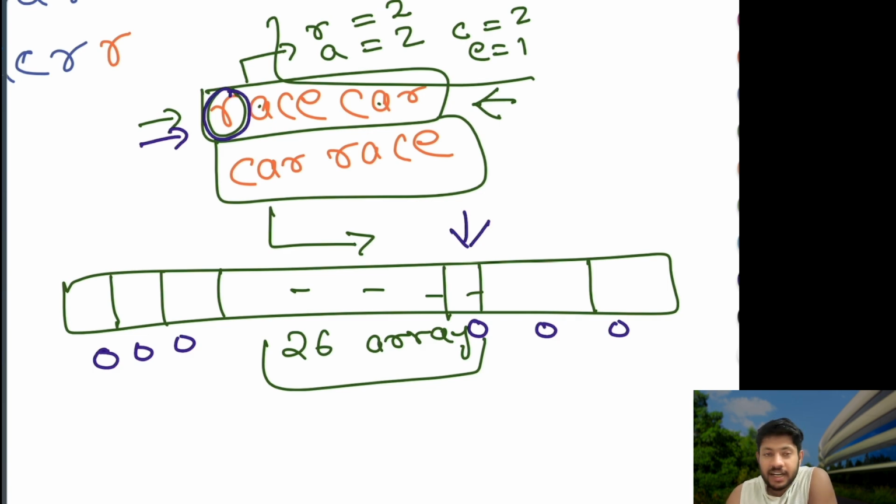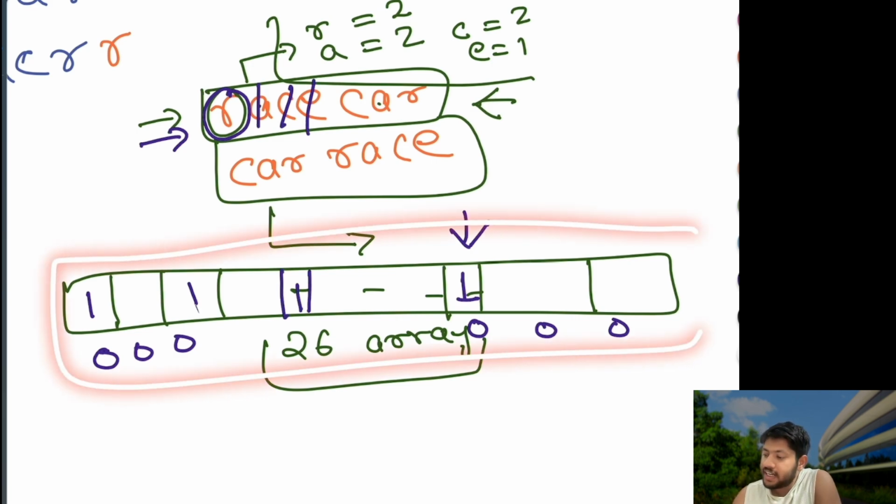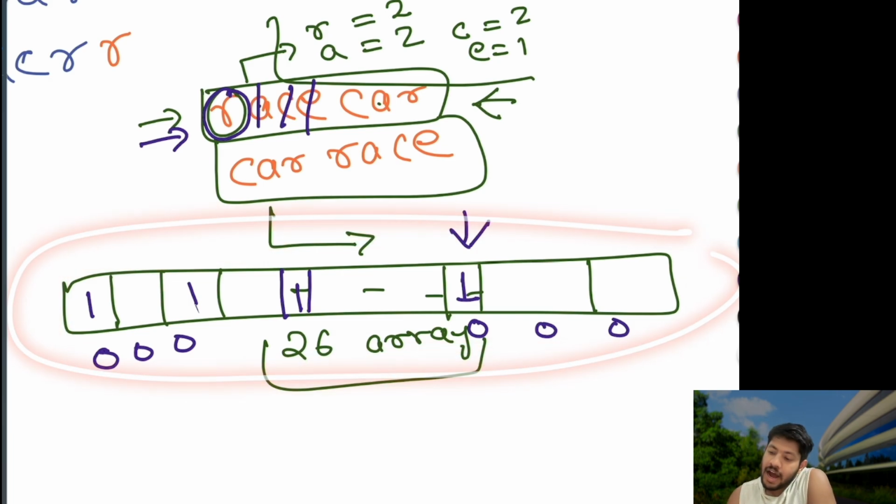So let us say for the R index, for the index which is representing R, I'm going to say it is 1 now. Then it is A, so we should have 1A. Then it is C, we should have 1C. Others are 0. Then we have E, so we should have one E. So like this we need to create an array,